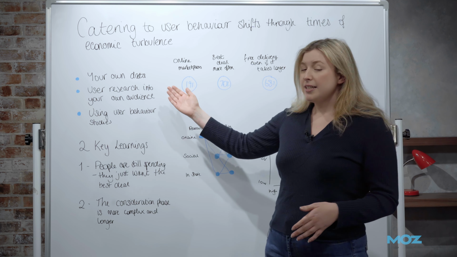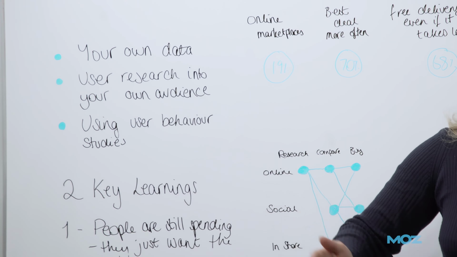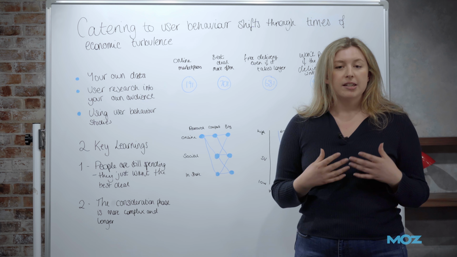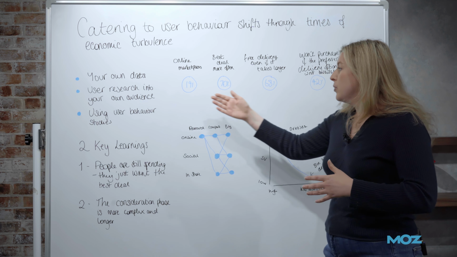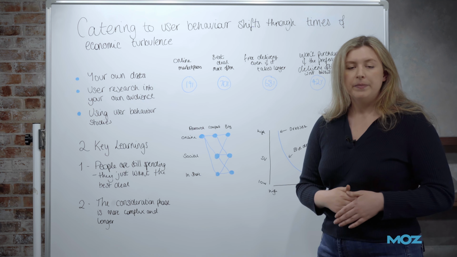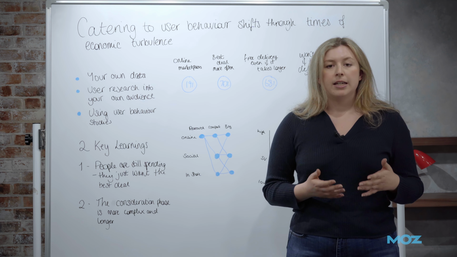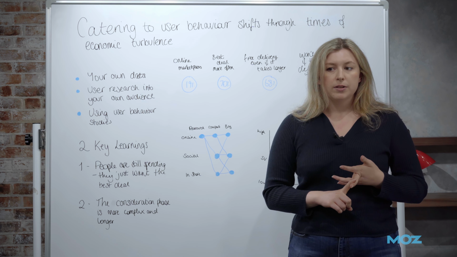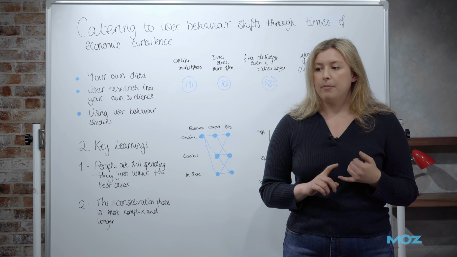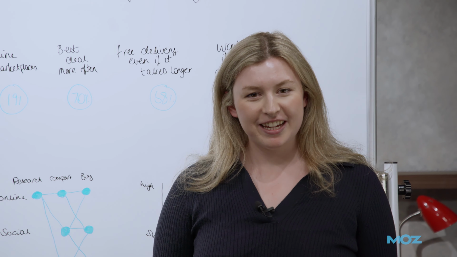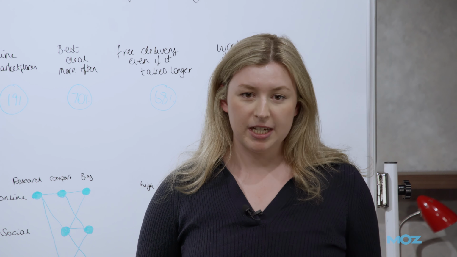So the best thing to do is to get your own data. So this is yours. It's about your audience. It's how they currently behave. It's how they're going to be intending to behave in the future. And because it's your own audience, it means that it's not more generic information from studies. So this is the best way to go about it. And you can get current user behavior data from Google Analytics, Google Search Console. You can get it from heat mapping tools like Hotjar, Microsoft Clarity, and also do event tagging through things like Google Tag Manager.